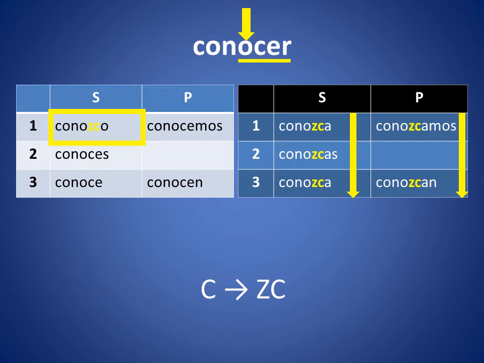So again, this is another reason why it's really important for you to be able to distinguish the different patterns of irregularity. We saw a boot-shaped pattern last time. This is not like that. This is the yo form of the indicative being used to form all of the present subjunctive conjugations. Let's look at